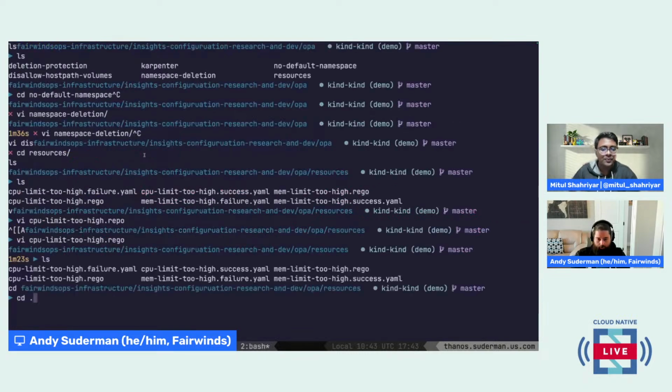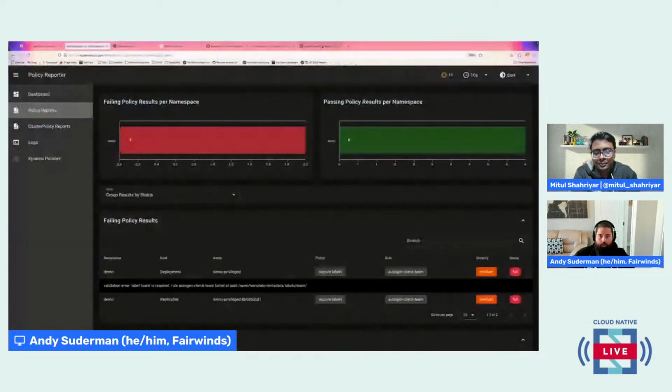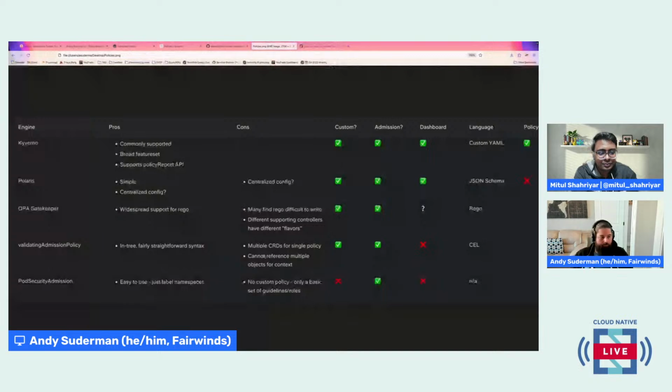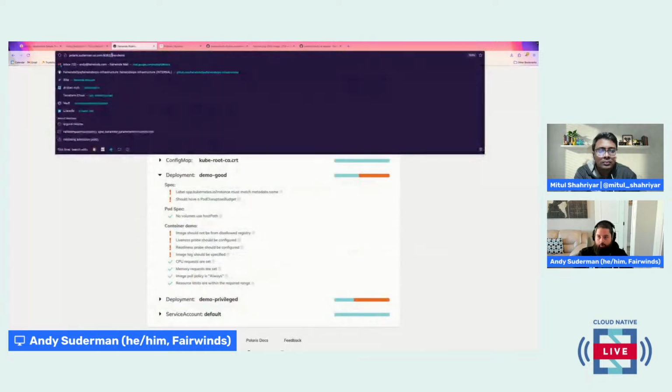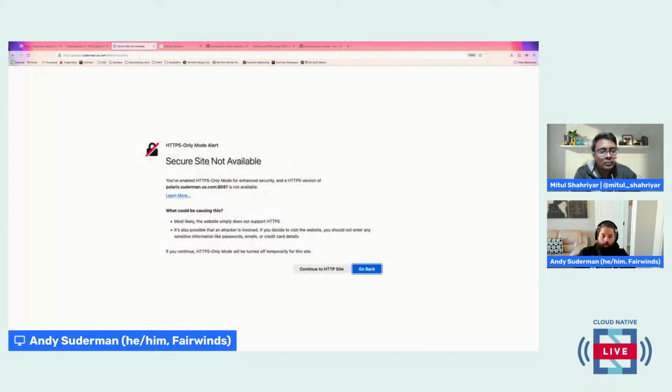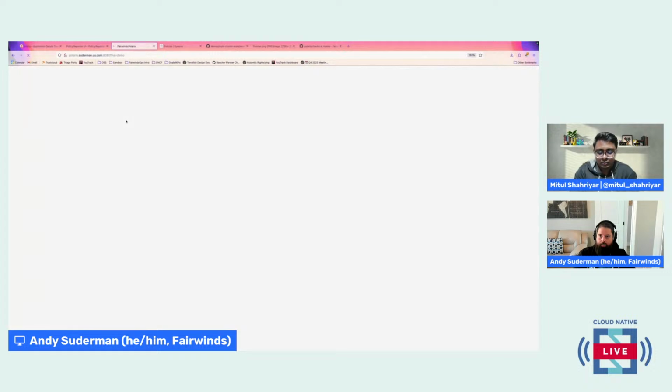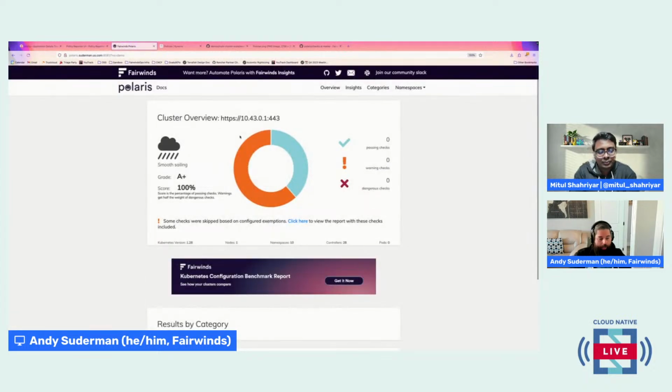All right. One thing we haven't talked about a ton is multi-cluster. We had our diagram here, and all of these tools out of the box are designed to run in a single cluster, right? You've got your admission controller that needs to be local to the cluster. The Polaris dashboard and the Policy Reporter dashboard for Kyverno only report on a single cluster. When I was looking at Polaris, I moved between clusters by just changing which dashboard I was going to. This one takes me to the US West cluster in my demo here, but it doesn't aggregate across clusters.